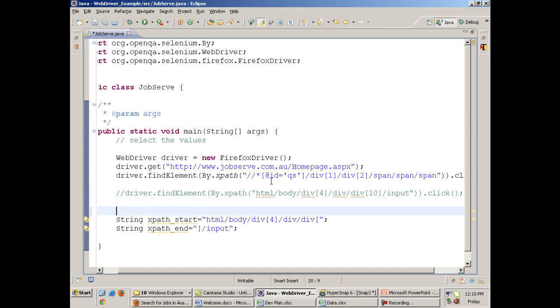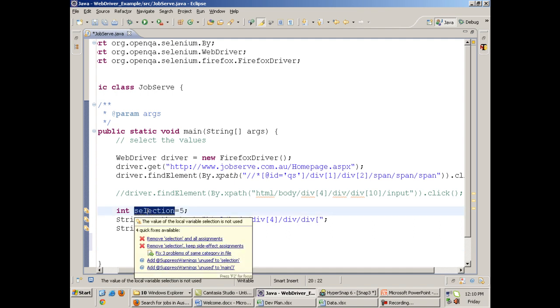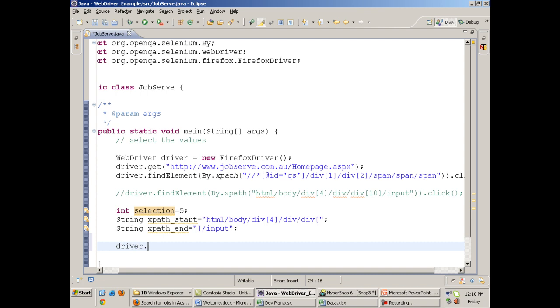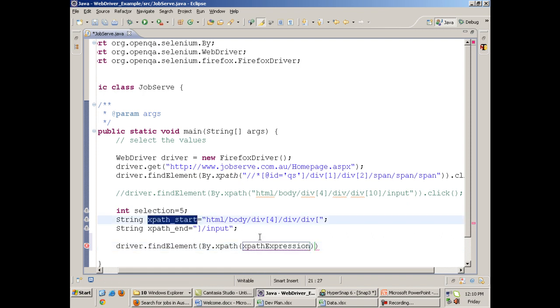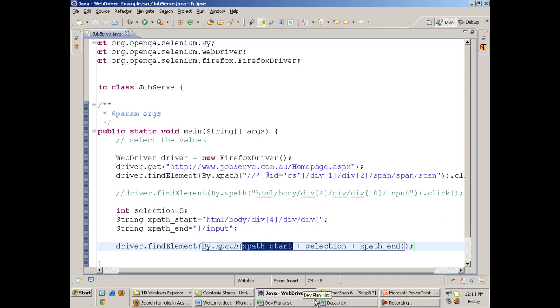And now suppose I have a variable int selection equals to, I write 5, and if I have to select the fifth element, that is select the element with the value same as the selection, then I'll have to write driver dot find element by XPath start plus selection plus XPath end.